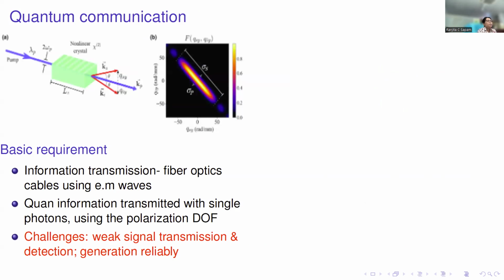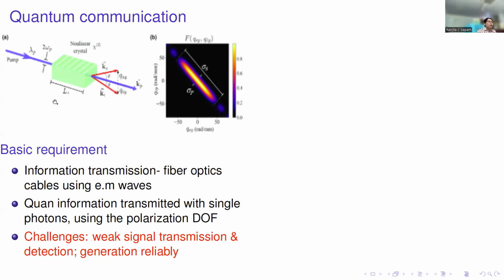Okay, so I just wanted to discuss a little bit about quantum communications. In quantum communication, as we said, we have to exploit the properties of quantum mechanics to transfer our information so that hackers or any other person cannot get access to it. It will secure our communications. But we have to use our existing systems, like fiber optic cables or electromagnetic waves. This is how we are going to transmit the wave.